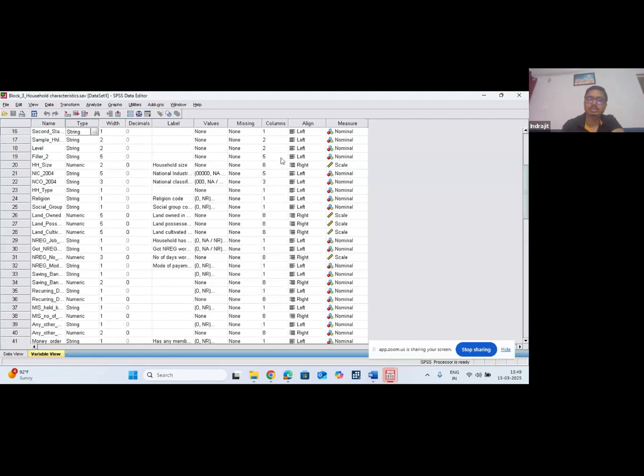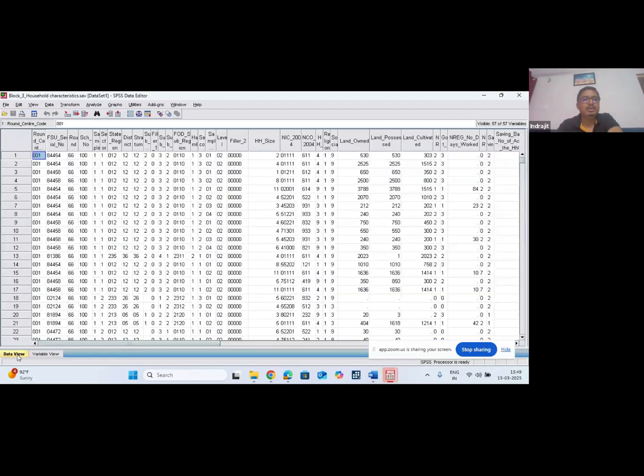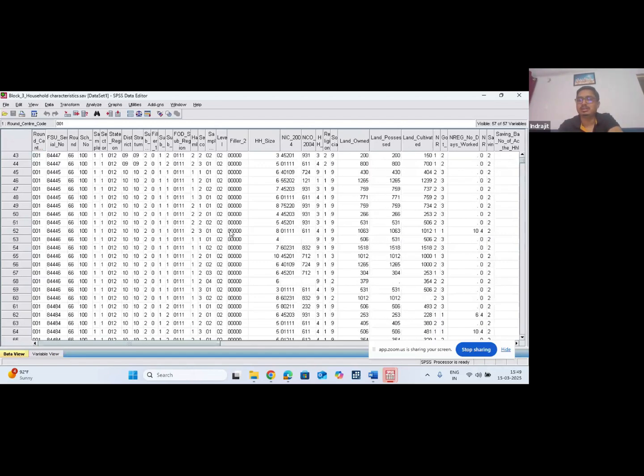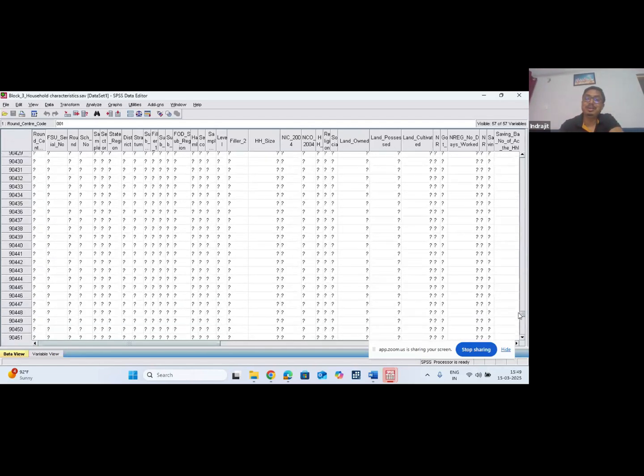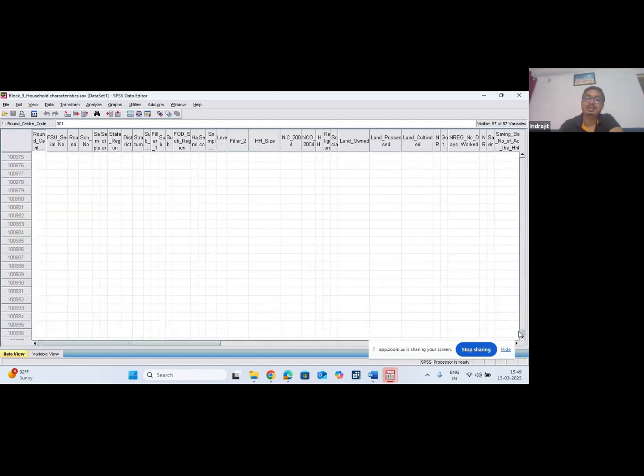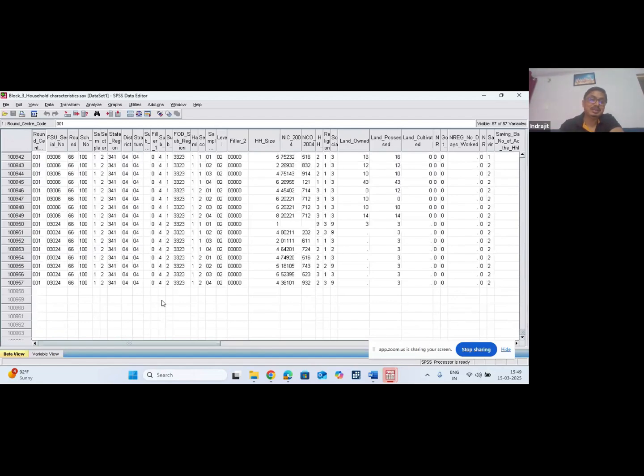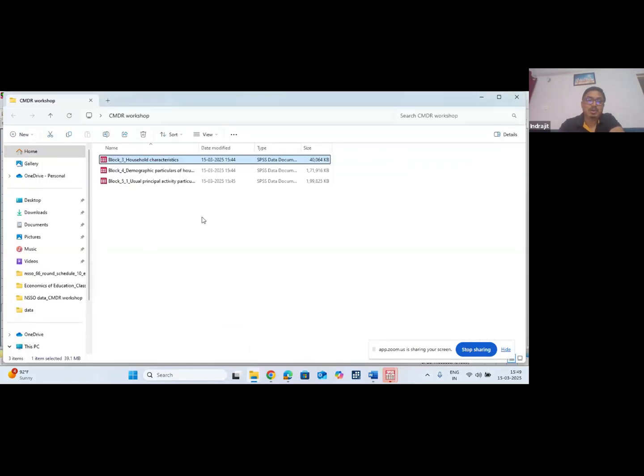Since you are aware about SPSS, I am not going to discuss that. And then our data view, you can see all these 57 variables, information and data is there. So how many data? If you remember, data count was 1,957,000, and exactly we have this 1,957,000 information in block 3. Fantastic. So now this block 4,